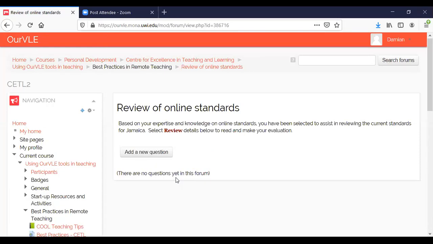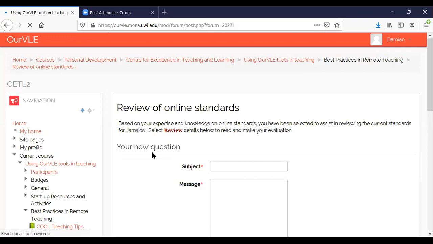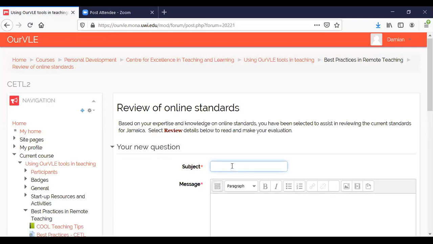When you're setting up a question and answer forum, you have a precursor section. So this is like a preview into what is going to happen. And then you have to write the details of what it is you want them to respond to. So I would put online review. And because I said that they're reviewing it for Jamaica, I'll just put Jamaica there. And then I will put the details here, which would be